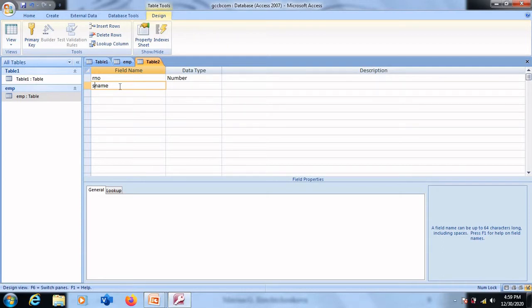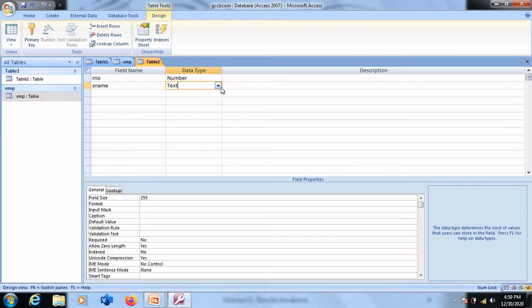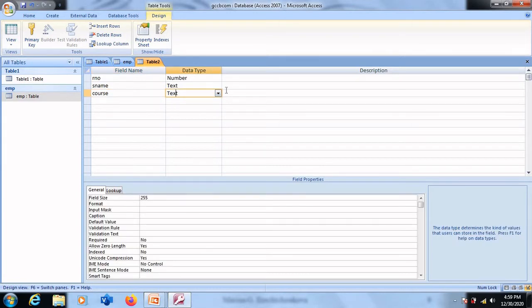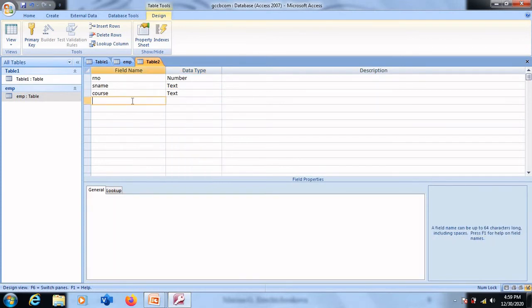For example, if I am creating a field called student name, I will add with name a prefix of S. And student name contains alphabets, hence I will select the data type as Text. Let me now have something called course, and the course is BBA, BCA, which contains alphabets, hence I will select the data type Text.